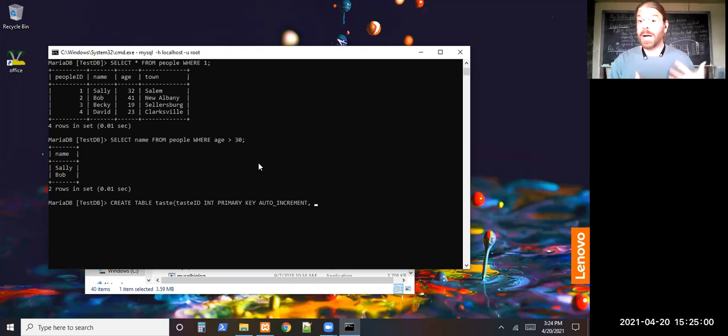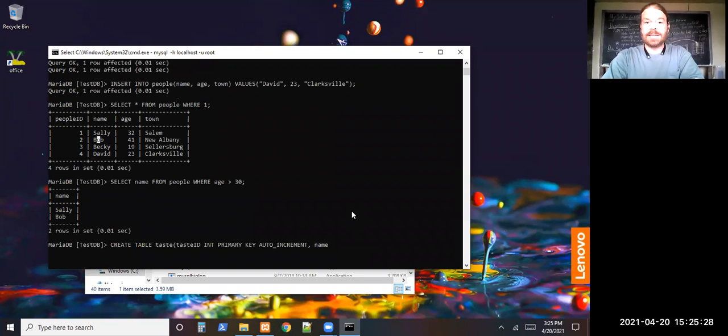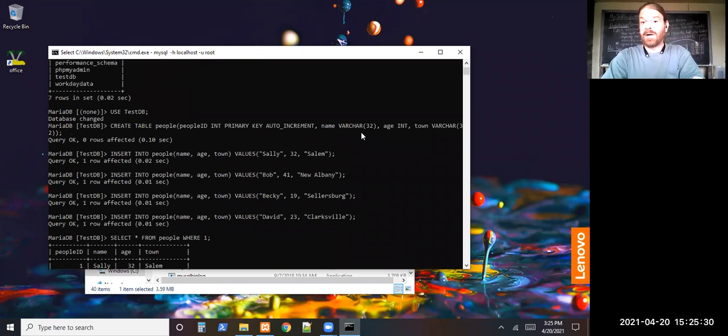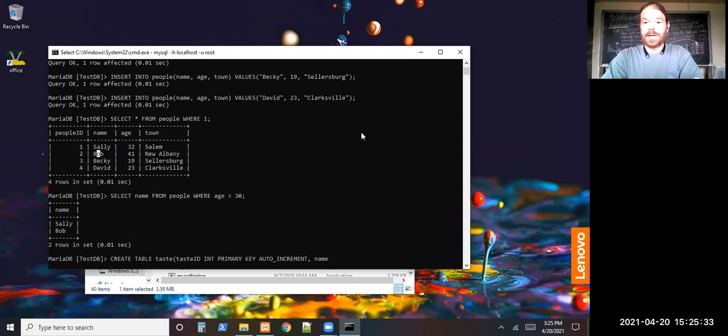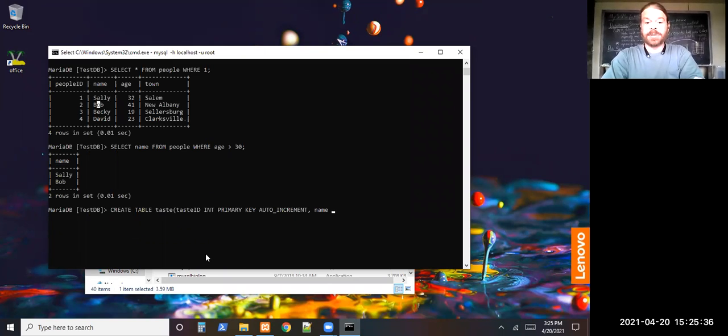Then what else do we need? We need a way to tie it together. In this case, I was very careful to make sure all the names were unique, so I can use that as a foreign key. There's unique names here. And when we get to web stuff, we know emails are going to be unique, so that always gives us a unique foreign key. For this example, I'm just going to use name, because I was very careful to keep those all different. And it needs to match. When we created it, name was just a variable number of characters, a string with up to 32 characters. Varchar with 32,